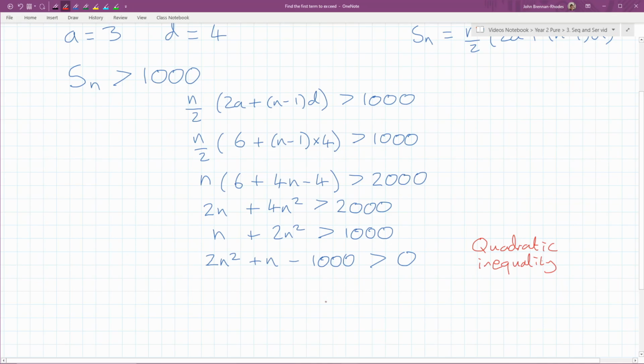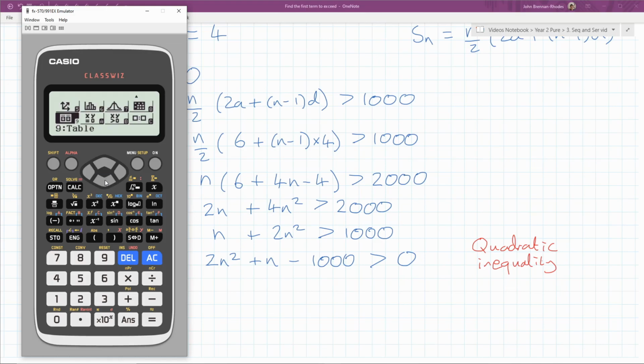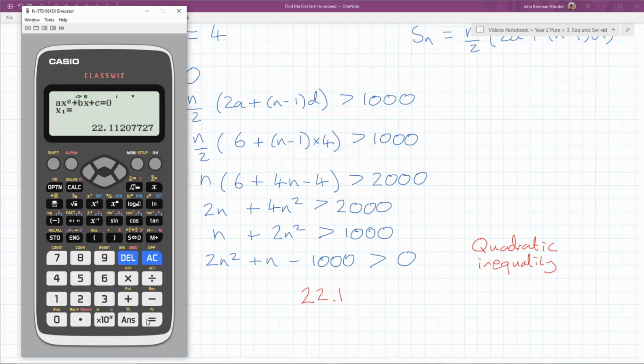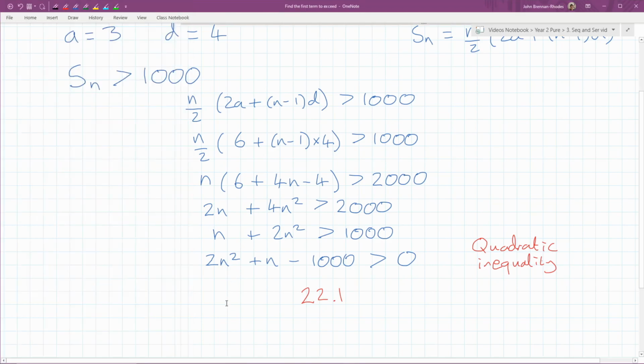But if I solve this quadratic equal to 0, I'm perfectly allowed to do that using a calculator, save a bit of time. I can't obviously see how to factorize it, so I think that's okay. And I get this. And what are my values? I get 22.1. So 22.1 is a critical value of this quadratic. And the other one is minus 22.6. Those are my two critical values